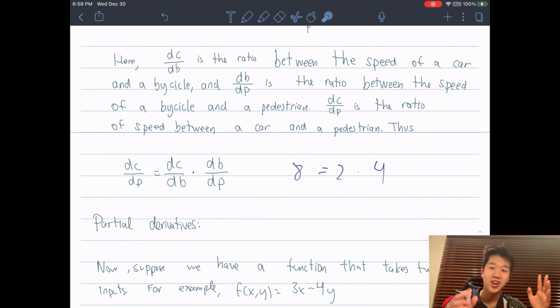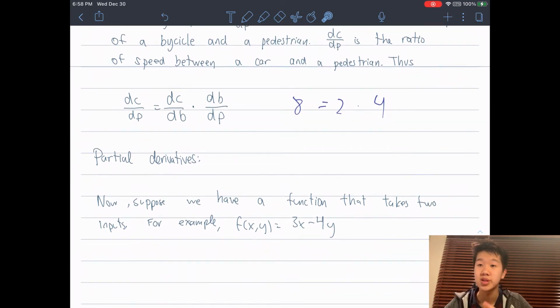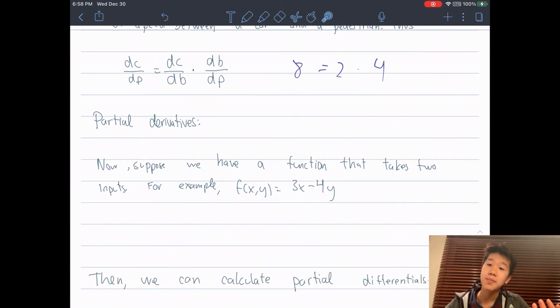I hope you make sure that you understand the chain rule and derivatives correctly, because that's very important for the next video. But now we're going to do another topic, which is called partial derivatives. And this is actually something you'll see in multivariable calculus, but you guys are going to do great. So now let's suppose we have a function that doesn't take only one input. It takes 2 inputs, so an x and a y. So for example, if I have f of x, y is equal to 3x minus 4y,